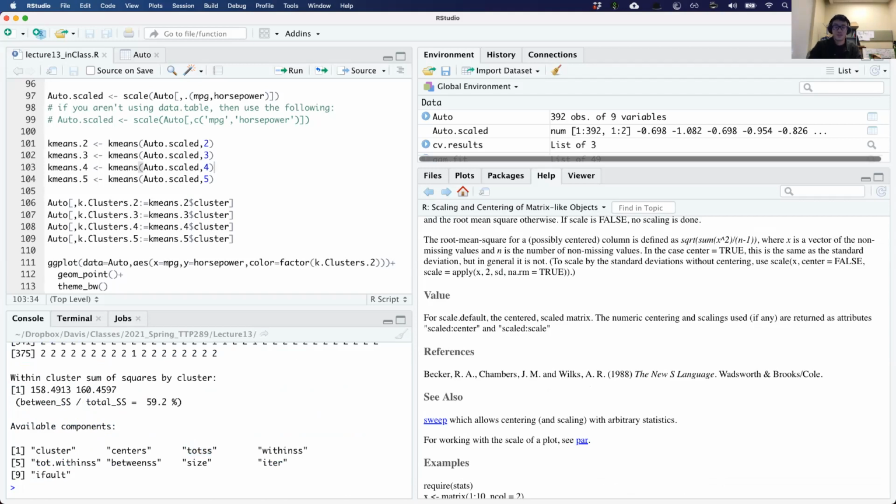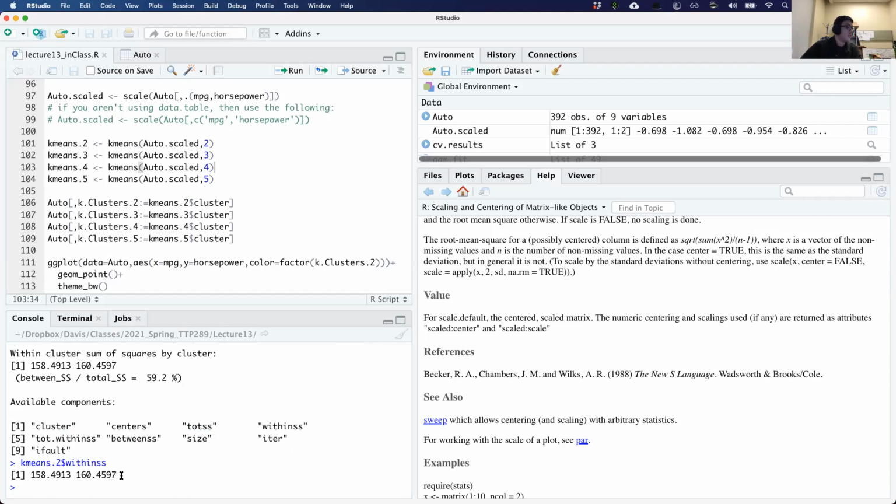One second, let me just double check to make sure. It's the within SS. It's called the elbow method. So the way that you do this is, kmeans dollar within. Oh, that's given here. Wait, I thought there's only one. Yeah, okay. So what you do,